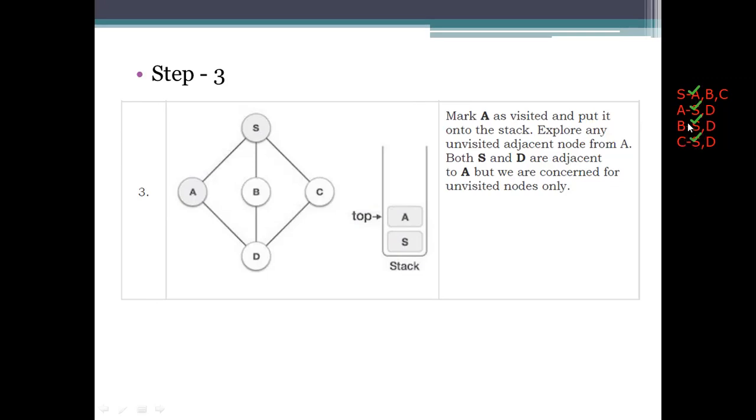Okay. Now coming to the A node, we have two adjacent nodes with it, and we need to explore only the unvisited one, not the visited one. So what is the unvisited one here? D. D is the unvisited one. We need to look for the D here. Okay. And coming to the next representation here,